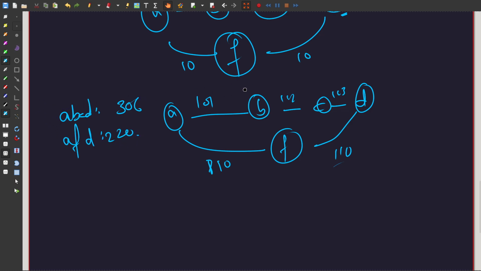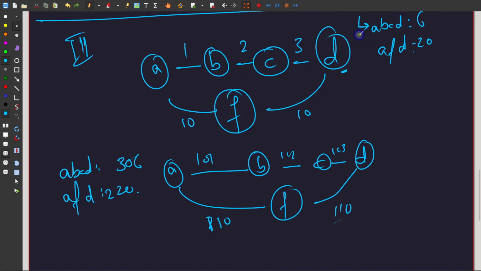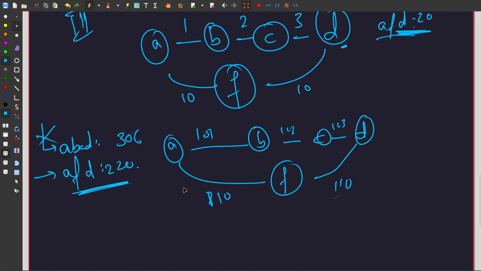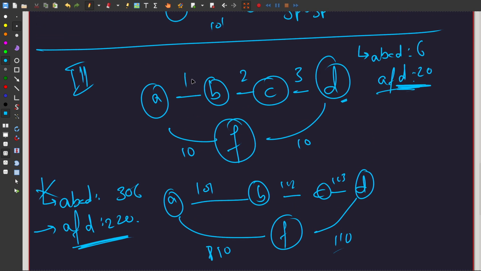Did you notice what just happened? Earlier ABCD was the shortest path. Now ABCD is no longer the shortest path. It is now AFD, right? It has changed. Earlier it was the longer path. Now it is the shortest path. And therefore through such a simple counter example, you can see a very neat property: while being greedy kind of works, where you take the shorter path and make the locally cheaper choice,